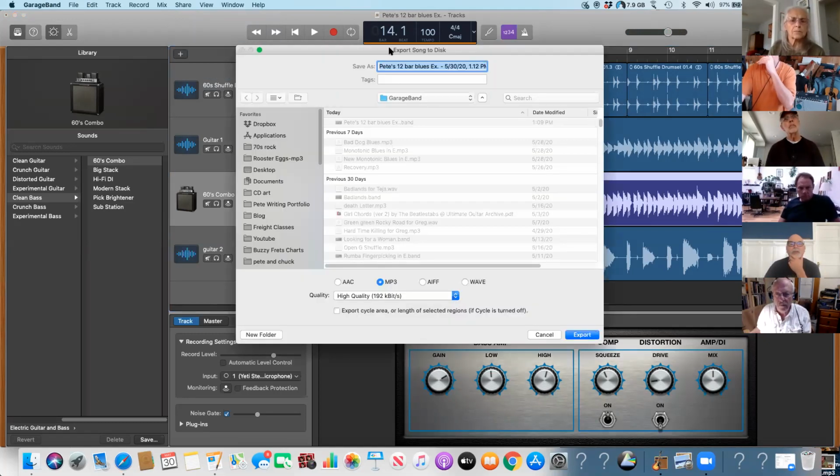Now I can save this, and you have these selections here. You can save it as an MP3 file. These are better quality: AIF, WAV file. An MP3 file is going to be smaller and make it easier to send in an email, for instance. So for Piece 12 bar blues, I just say export,